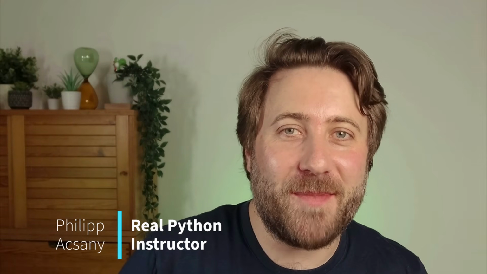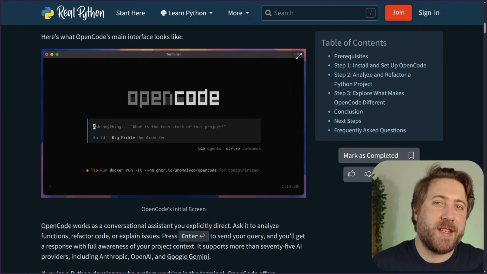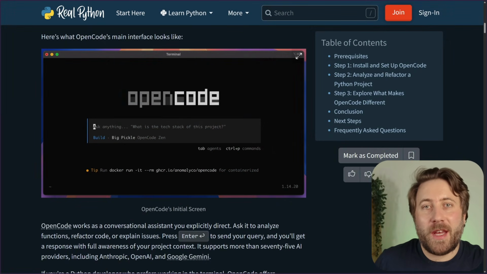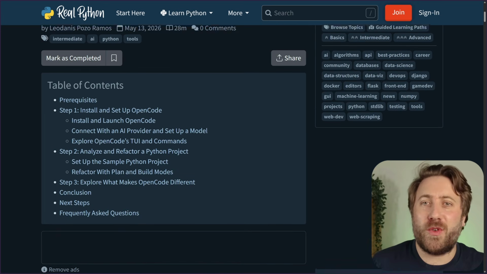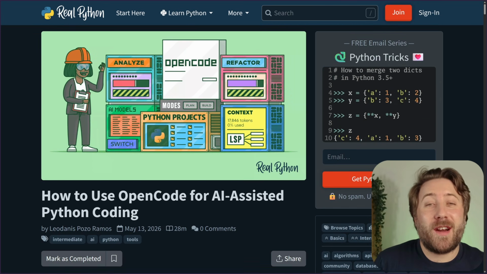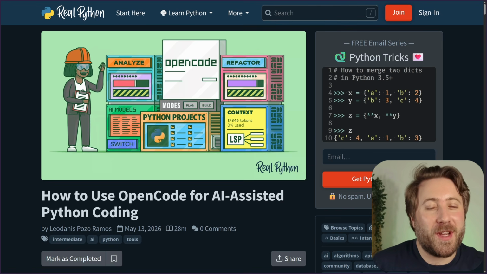I'm Philipp, and today I want to introduce one of the coolest AI applications around at the moment, and that is OpenCode, an agent that lives in your terminal and can write code for you. So that is nothing new. You might notice from Claude Code or Codex CLI, but there are some features with OpenCode which I think make